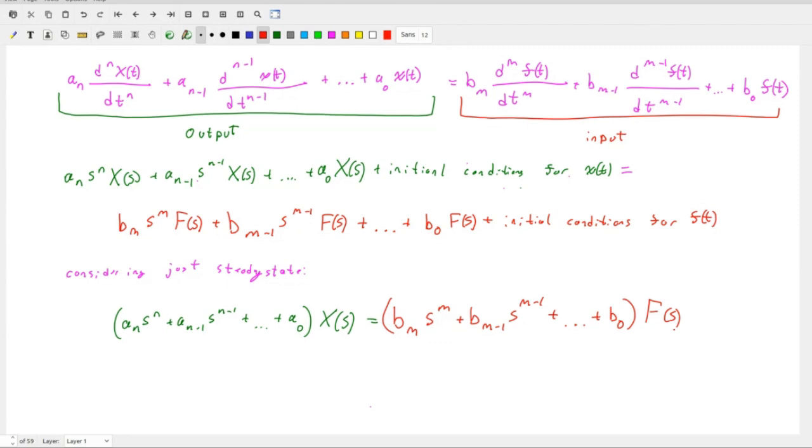Right? So we could go ahead and rearrange equation 52 to solve for a relationship between the Laplace variables